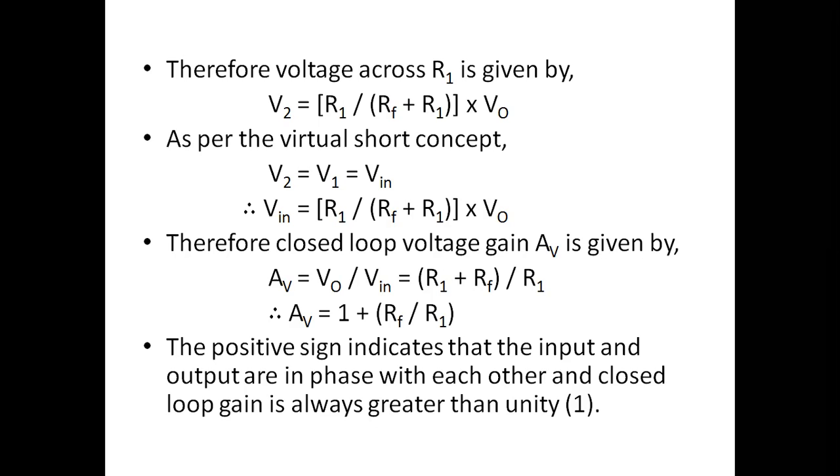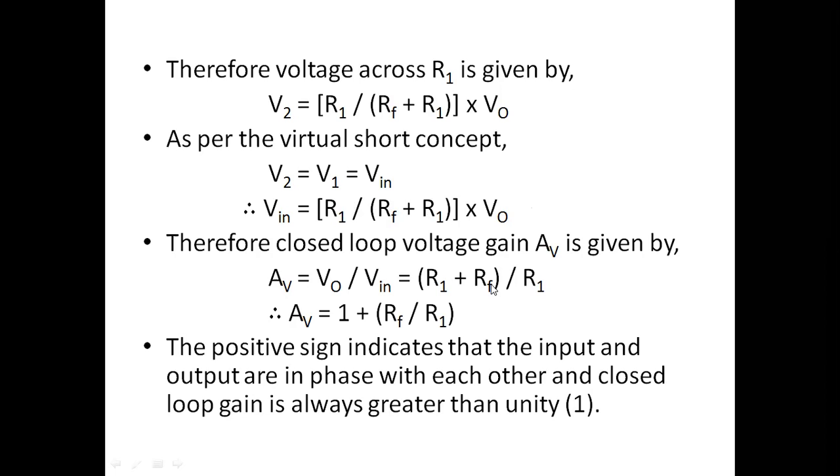So you can write Vin equal to the same equation, R1 upon R1 plus Rf into VO. So we can now find the equation for the gain. Gain equal to VO upon Vin. Writing the Vin equation in the form of VO, VO will get cancelled and you will get AV equal to R1 upon Rf plus R1, or you can rewrite